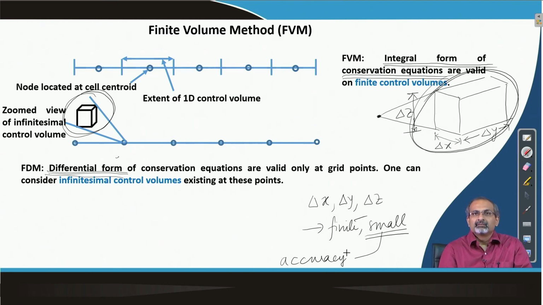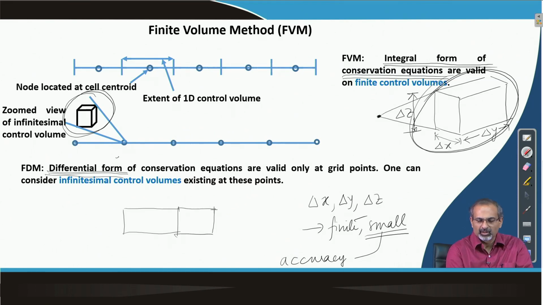Again, another very commonly used feature in finite volume method is that we tend to make these volumes look bigger or smaller by choice wherever we need them, and this choice of sizes is done more conveniently in a finite volume method, usually more conveniently than the finite difference method.